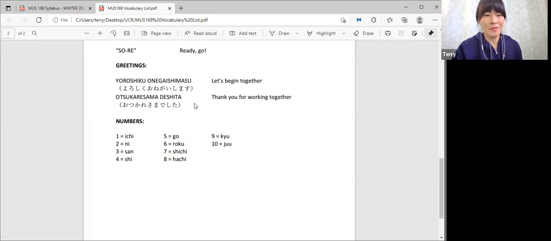The second greeting is done at the end of our classes. And similar to the beginning, we circle up, we do a bow. And this is a way of just thanking everybody for their time and their hard work. And that is お疲れ様でした。Now, if we're going to break that down, it is お疲れ様でした。So once again, slowly. お疲れ様でした。